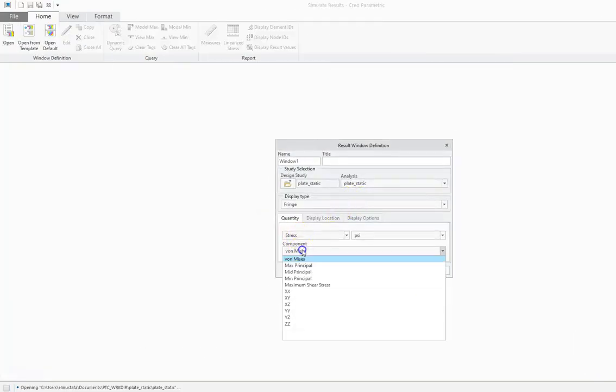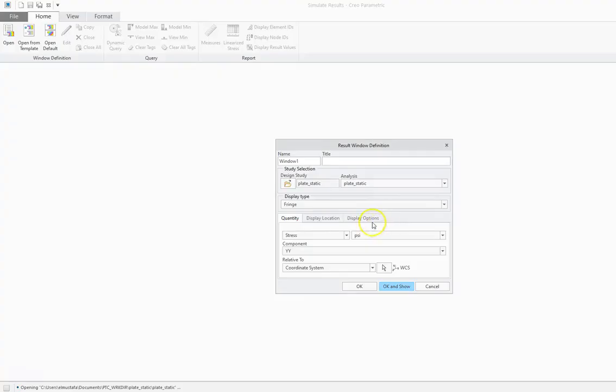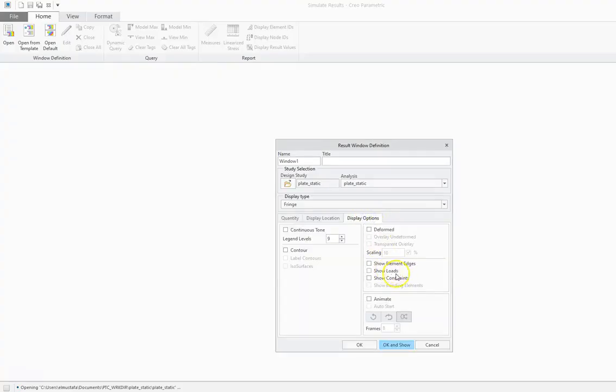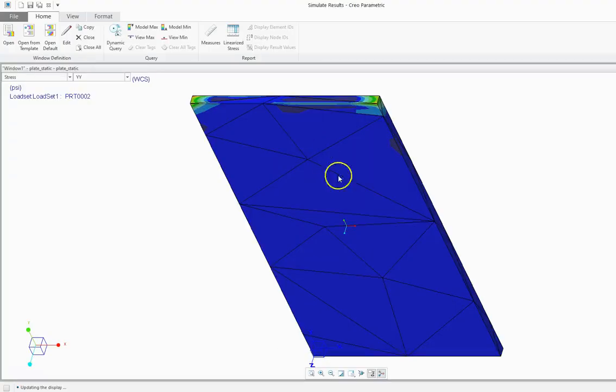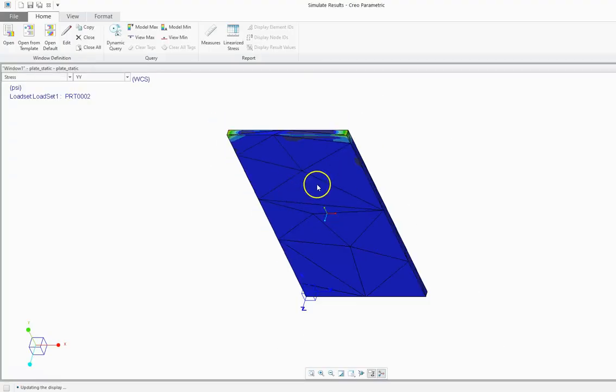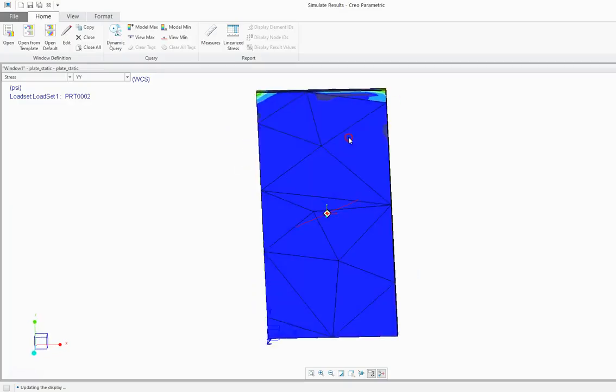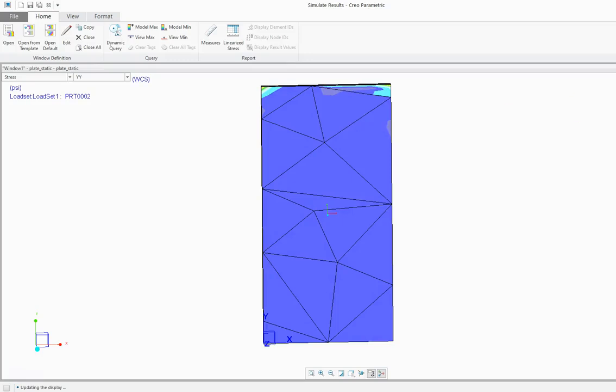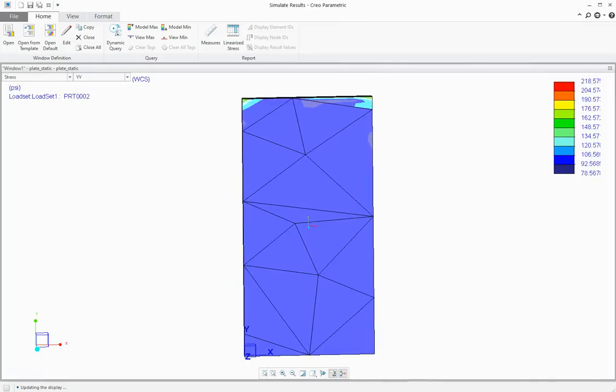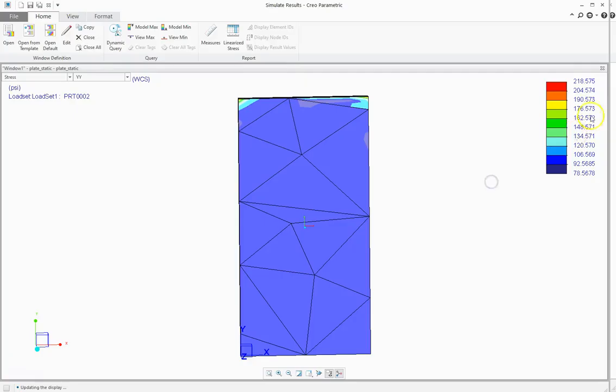Results, stresses. Let's look at the YY stress. And then I also want to see the element edges. All right, so to zoom in, zoom out, I'm using the middle mouse button, scrolling it to zoom in, zoom out. Let me do this so you can see the stresses. Okay, this is called the legend, and here it tells you based on the color what stresses